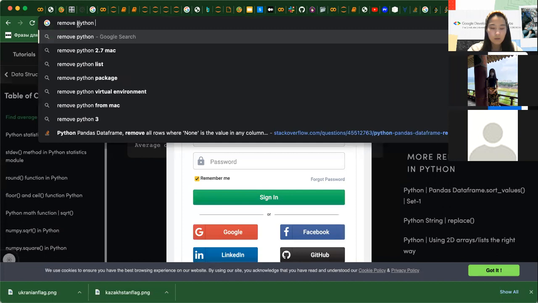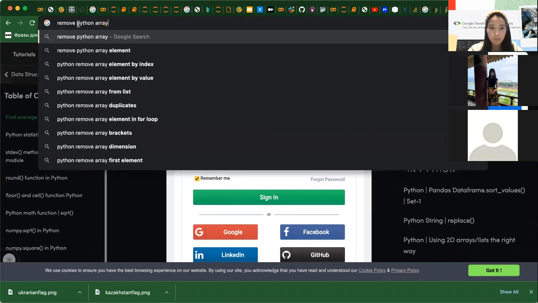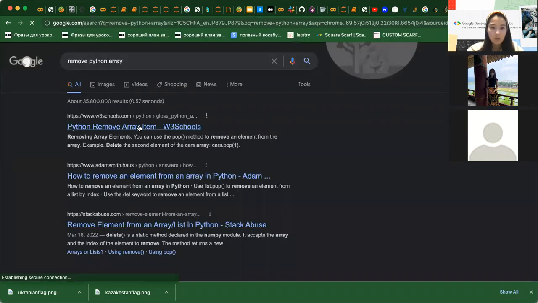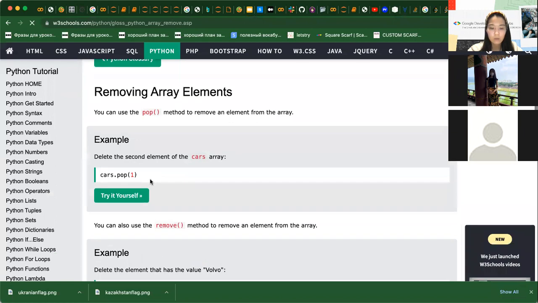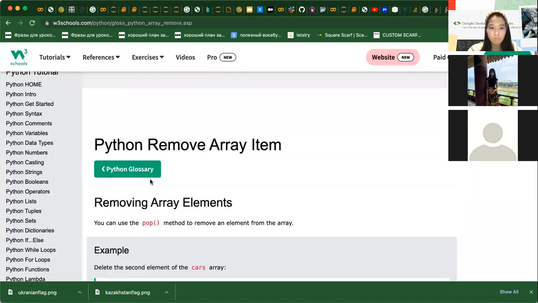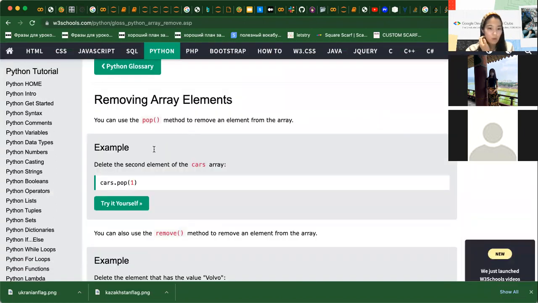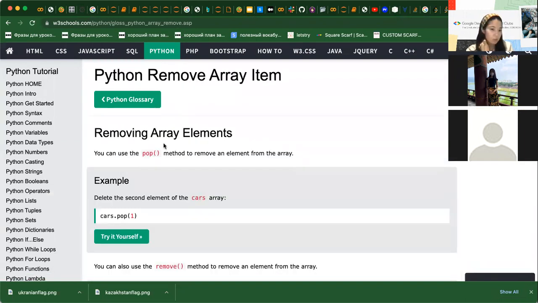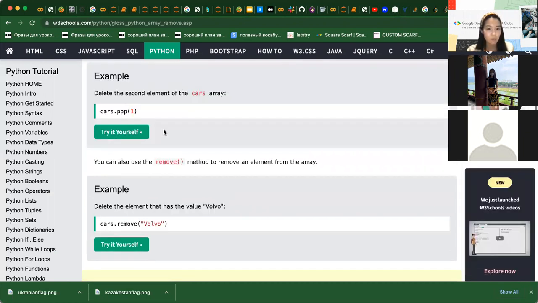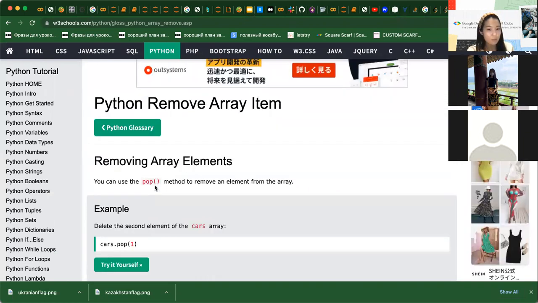Python array. And here we have W3Schools. This is also a good free resource. Okay, removing array elements. Interestingly, we have the remove method, and first the pop method,